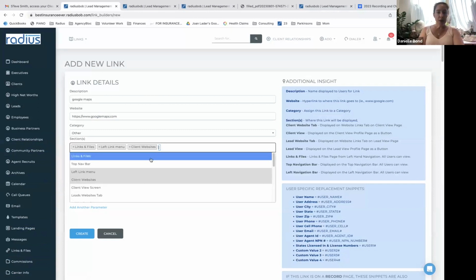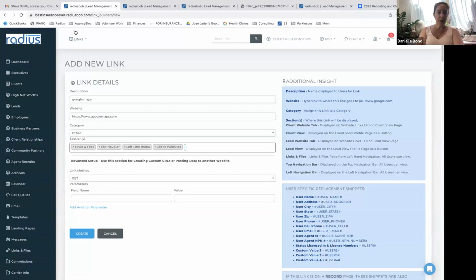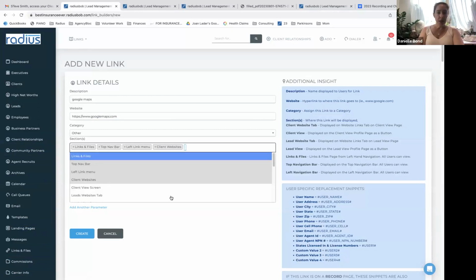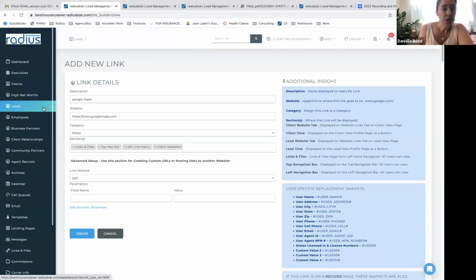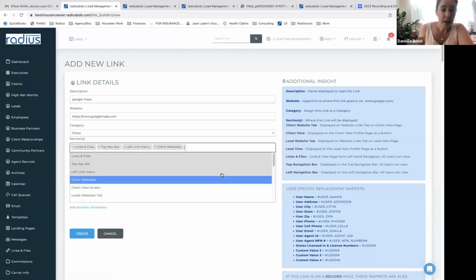You can add it to the client website, the top navigation bar. It would appear up here in this links section. So you've got a lot of options for where you put those things. Let me just make sure that that was actually, yeah. So Stacy says this would be helpful to redirect them to call the customer service lines associated with their plan. Absolutely. So another thing that you can do is you can have it in the client websites there,